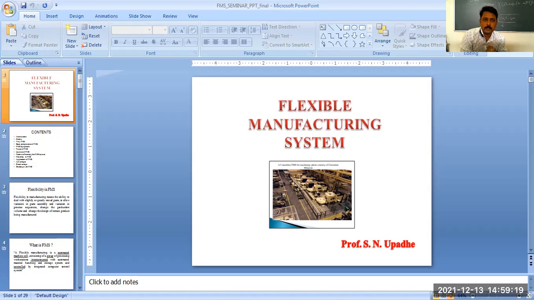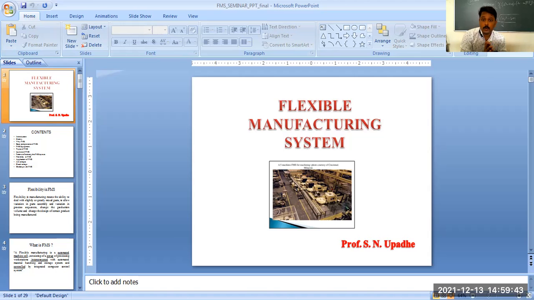Now suppose I want to produce this type of product. I am going to manufacture the windshields in a particular batch. Then I will manufacture the doors in a particular batch. Then I will go with manufacturing of the bonnet in particular batches.